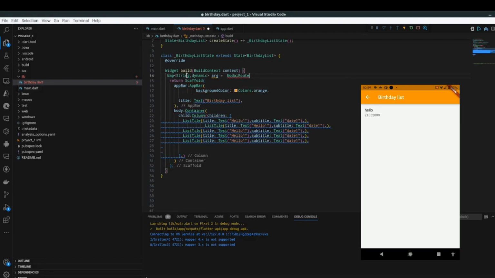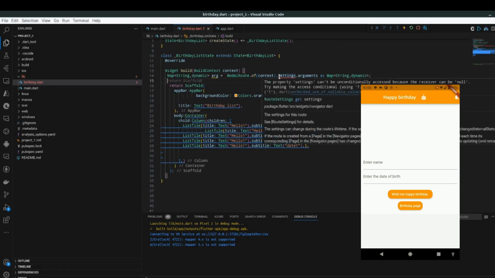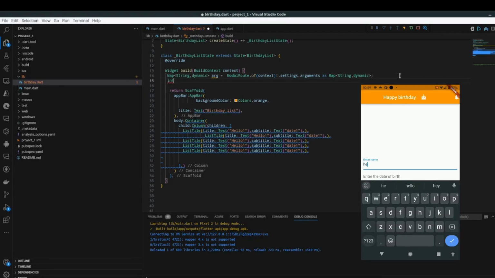So it is going to be ModalRoute.of(context).settings.arguments as Map. It is very important that we do a typecasting here, because it is not certain that it will be of the same type. Okay, it is telling us to do it unconditionally. We have changed it once. Now let's